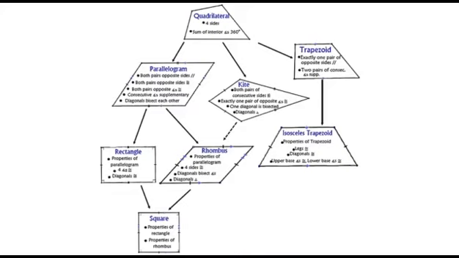Next up is this chart over here, in which I have drawn the shapes of all these quadrilaterals and also written properties in there. Quadrilateral, it has four sides and sum of interior angles is 360 degrees. You have learned this, that the sum of the four angles of a quadrilateral is 360 degrees, also called the angle sum property. Then there is a parallelogram in which both pairs of opposite sides are parallel, both pairs of opposite sides are congruent, or you can also call it equal, both pairs of opposite angles are equal,